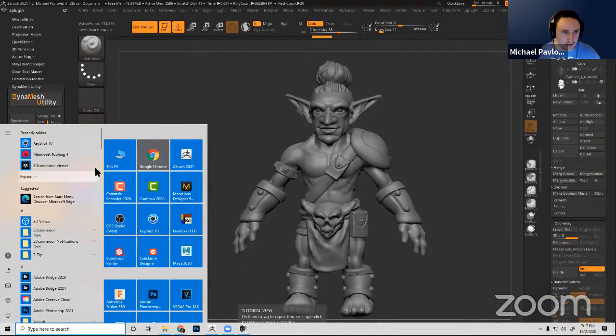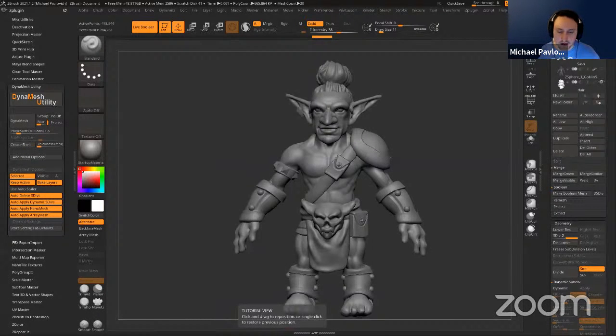Shoot, I closed it. I'm going to pull up some of his stuff here, because this goes back to how much detail you really need to put into your objects. And really, it's not that much. If you can just indicate detail,